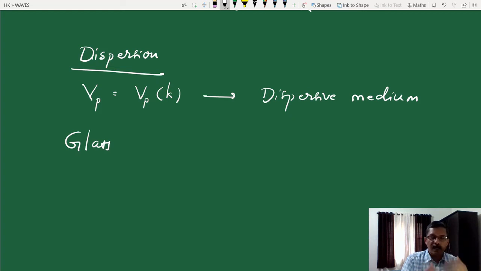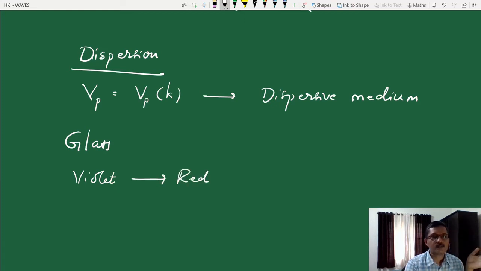But the mechanism of this separation is actually that the phase velocity of each color varies with its wavelength. That is the idea. So glass is a dispersive medium for light. Let us see how the phase velocity varies in the case of glass. For glass, when white light passes through it, it contains colors from violet to red, right?